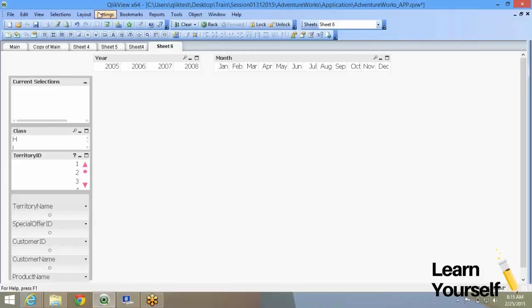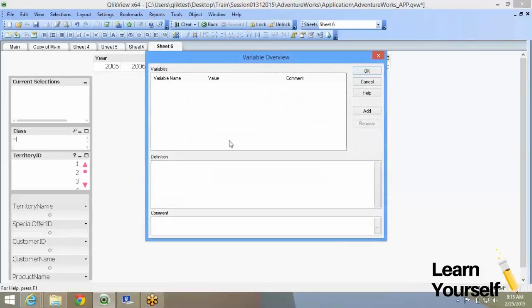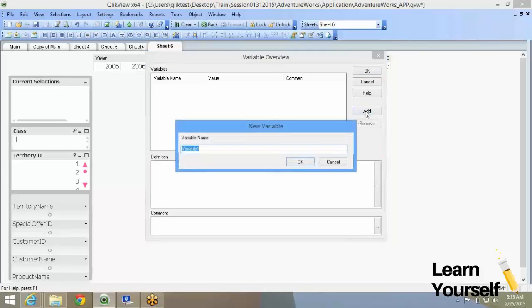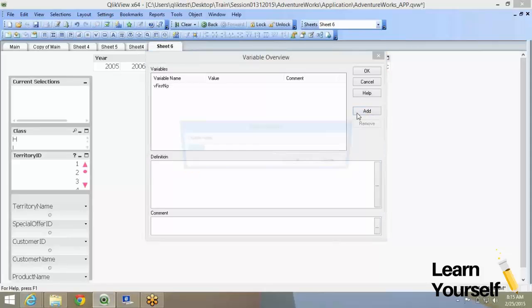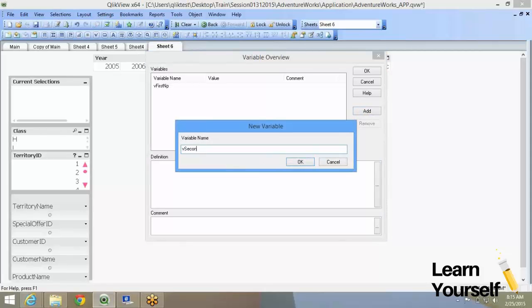Once you have done that, you can come to settings. Under variable overview, you will have the list of all the variables. With this you can also add a new variable. So you have the add option over here. You can go ahead and add. So you can say v. For all the variables, like I said, best practice, always prefix a small v. So say v first number, second number,